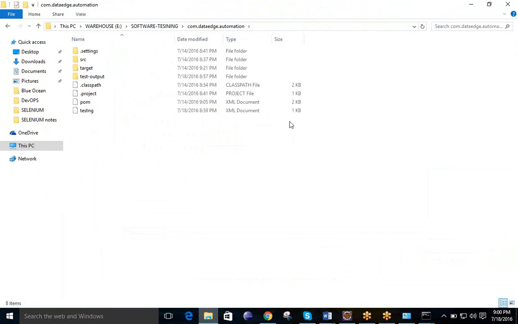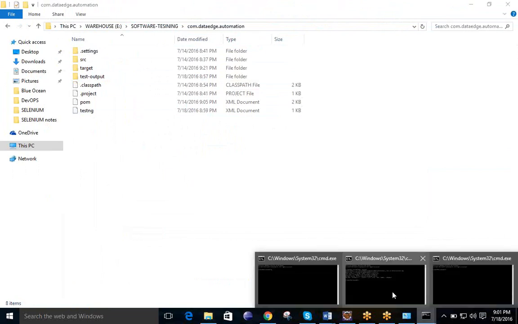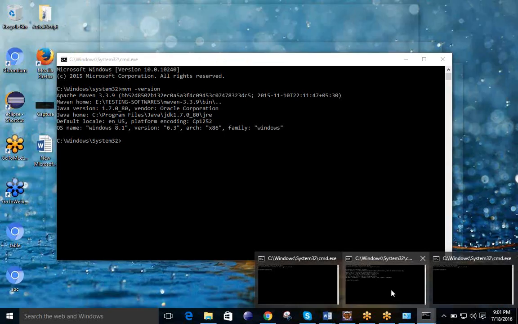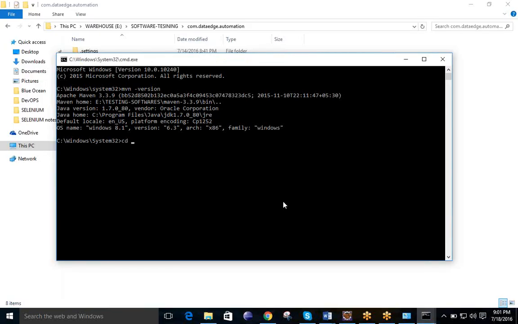Okay, this location is where we have the project. So we need to tell our command prompt that my project is located at that particular location. How can we tell? Change the directory, give the location. We need to change the directory. If C and C are both the same, you don't have to change, but it is a different one, so I need to change the drive.